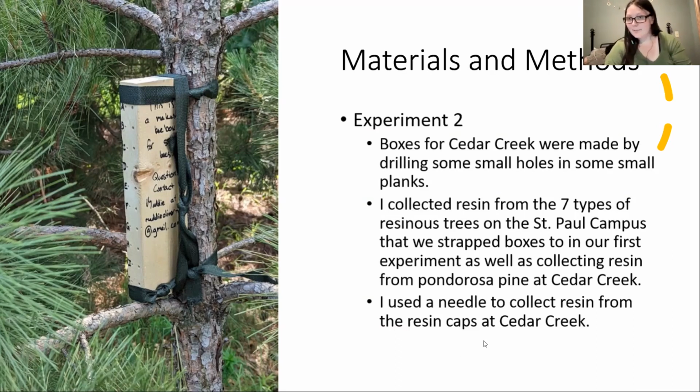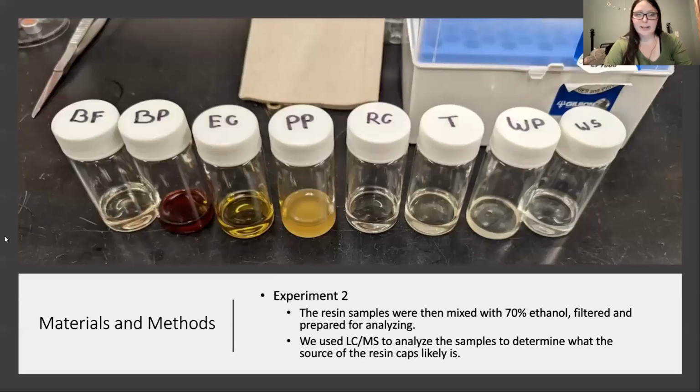The resin samples were mixed with 70% ethanol, filtered, and prepared for analyzing. These are all my resin samples. As you can see, you can get quite a different color from them. And while most of the resin caps I saw on campus were white resins, so it would be hard to tell what tree they came from, I did see some red resin caps, which would likely be from balsam poplar. I did want to make a note of that while we were here, so it's easy to see. Continuing on,